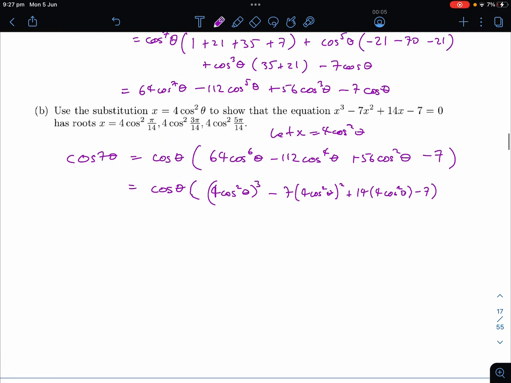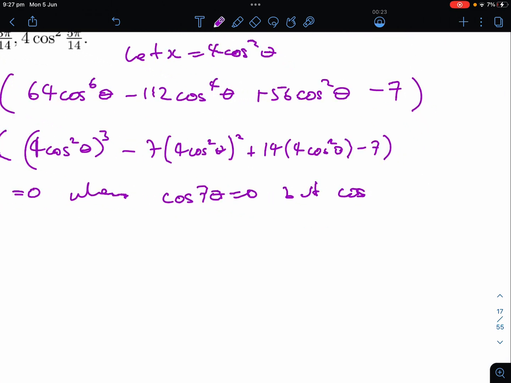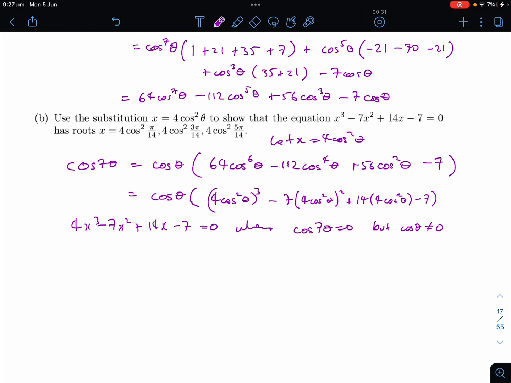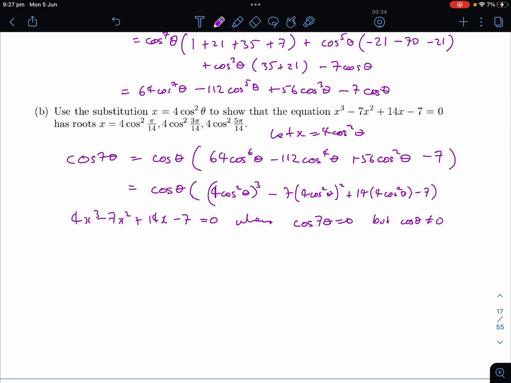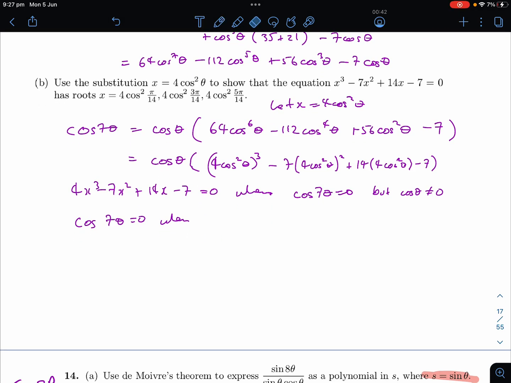Okay, so 4x cubed minus 7x squared plus 14x minus 7 equals 0 when cos 7 theta equals 0, but cos theta does not. Yeah? So cos 7 theta equals 0 when theta equals, so we're looking for, when 7 theta